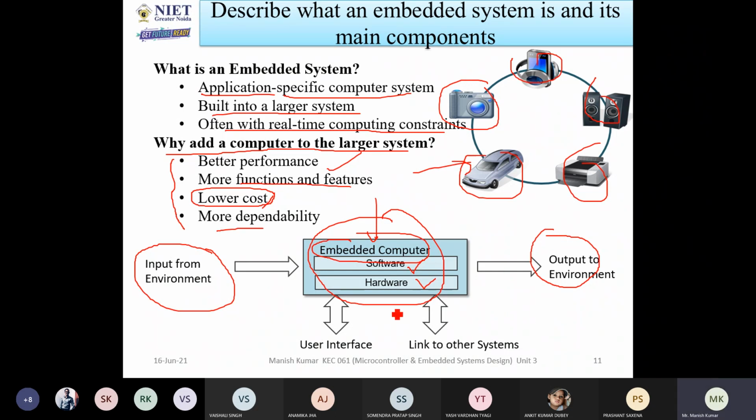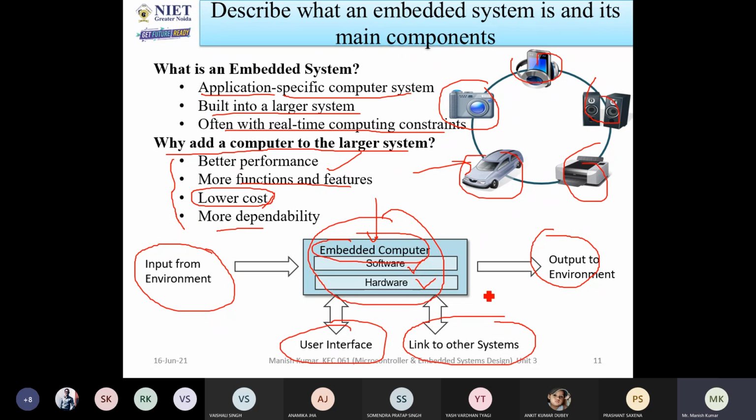Okay. And also the embedded system has a user interface. Now, if you want to monitor, you can get the information. Let us consider I am sitting in a college and I'm running a company in which there are several machines. How can I check all the several machines, whether they are working fine or not? So I am sitting here. From here, I can monitor all areas, whatever machines are equipped with the company, and also link to another system.